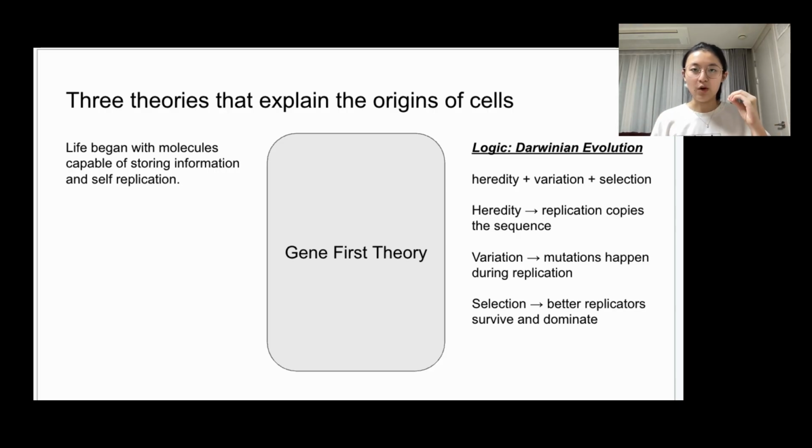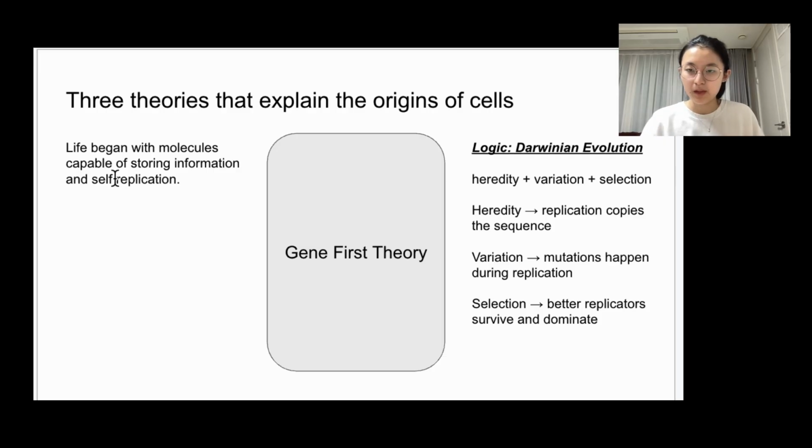But genes here is not defined only as modern DNA, it's also defined as an umbrella term for molecules capable of storing and passing on information. And as of today, the most likely candidate for the gene in the gene first theory is RNA. This is because RNA has both functions: it's capable of storing genetic information much like DNA, but at the same time it has catalytic properties, which is characteristic of enzymes and proteins. Therefore, because RNA is capable of doing both of these functions, it's most likely pointed out as the gene in the gene first theory. And the gene first theory states that instead of metabolism or cells coming first, information storage and replication came first,